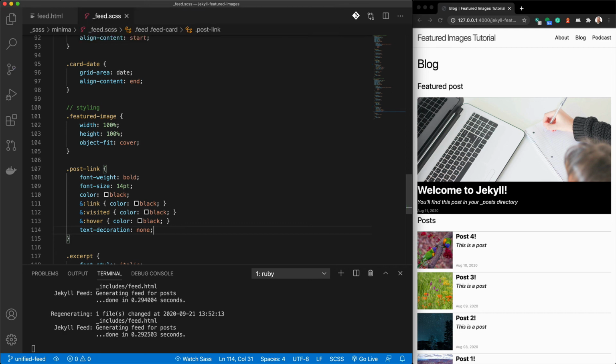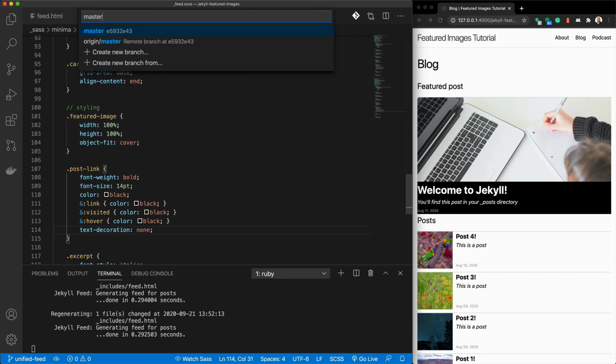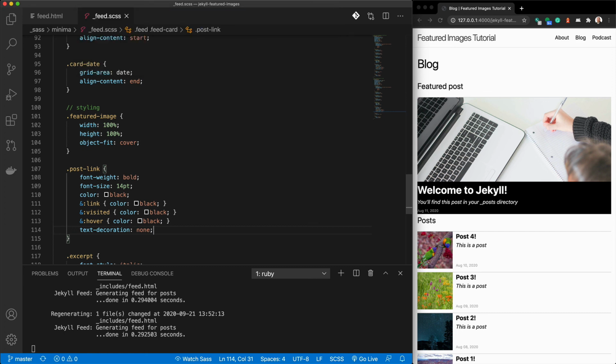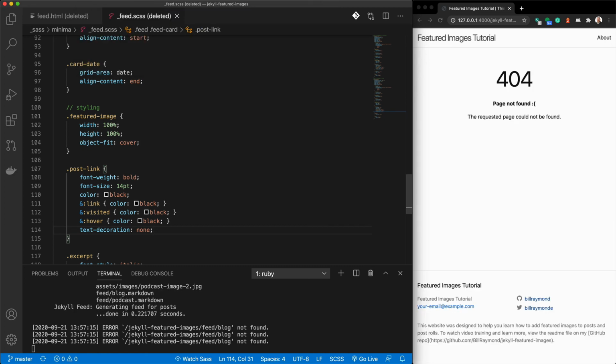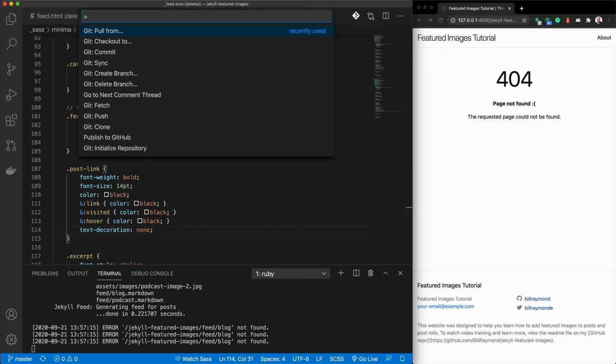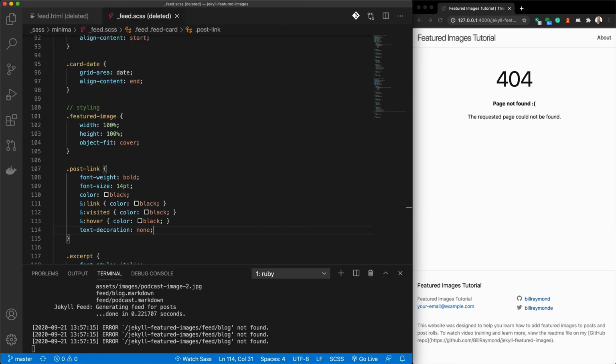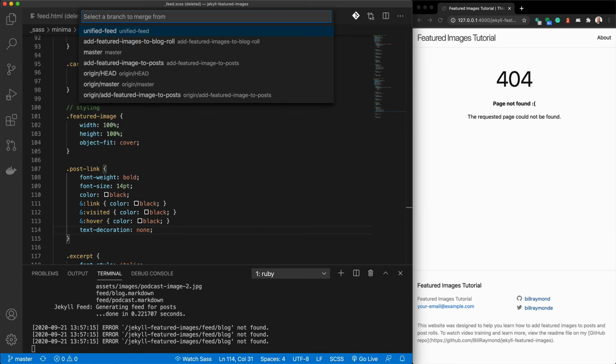And now I'll just go ahead and check out to the master branch. So let me do that. So that's a Command-Shift-P, checkout to master, and this is your main line, whatever you happen to name it. Mine happens to be named master. And you can see that the code that we wrote isn't in here right now. That's because we need to bring the code from the previous branch into this branch. So now I'll do my Command-Shift-P, and I'll say merge branch, and then I'm going to choose the unified feed